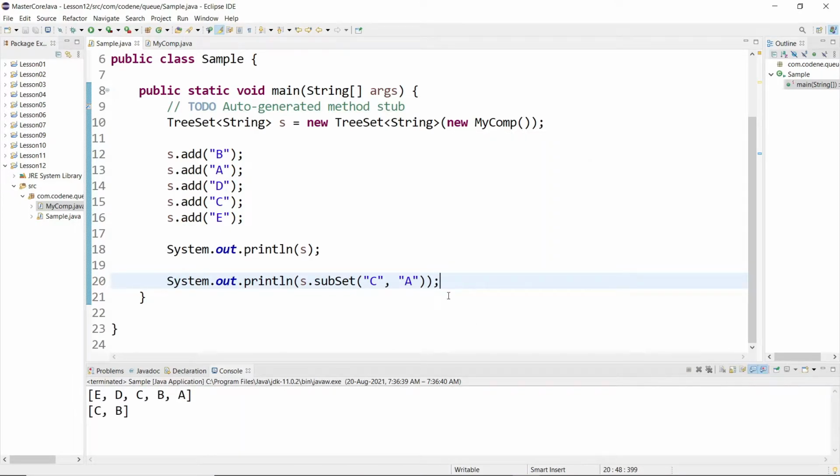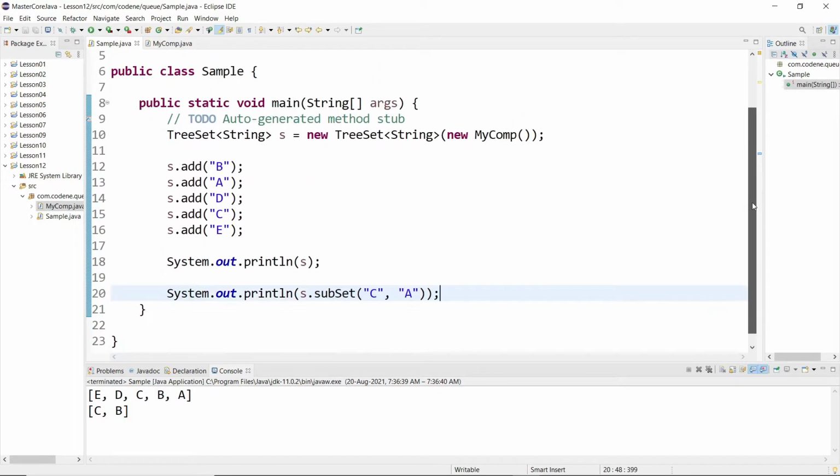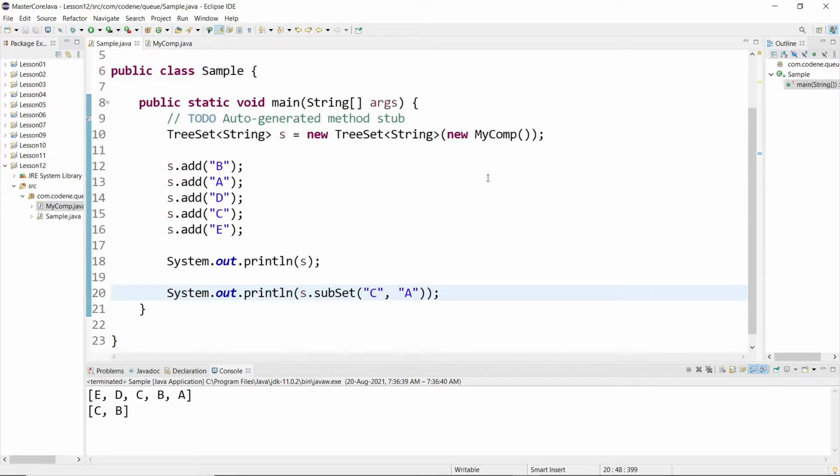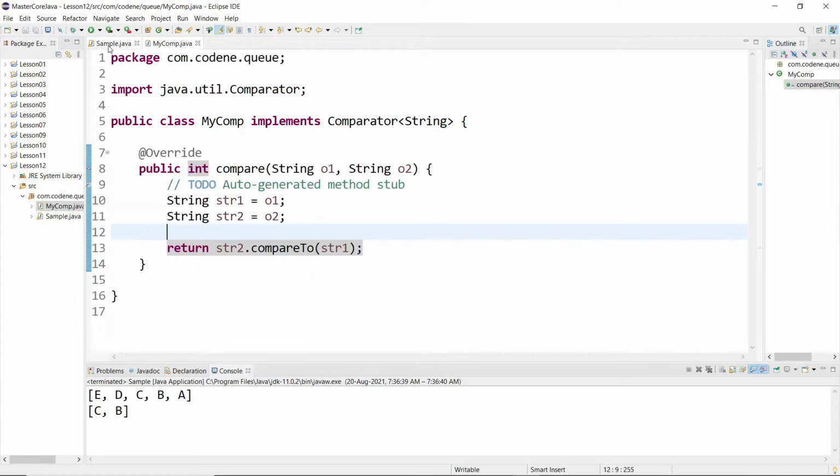Yeah, now it's working. So basically what our comparator class, which implements the interface, is doing is overriding how our elements will be sorted. That is the work of the comparator. Comparable was defining inside the element how those elements will be sorted, but the comparator will define it for other elements. It will be put in the constructor and it will define how other elements will be sorted.